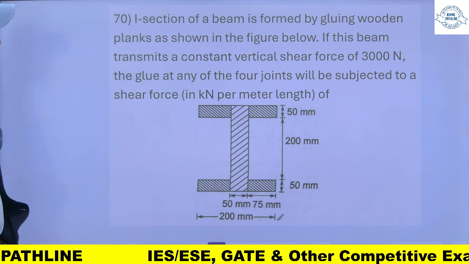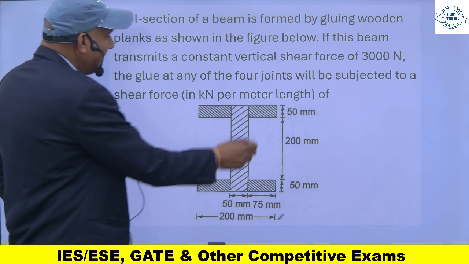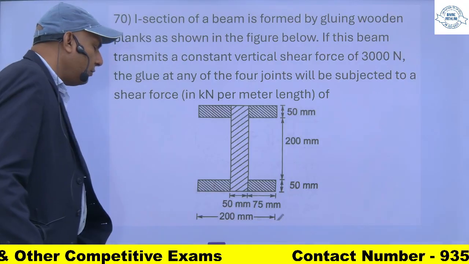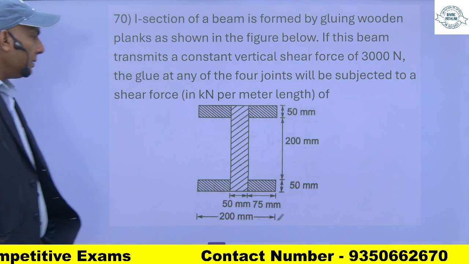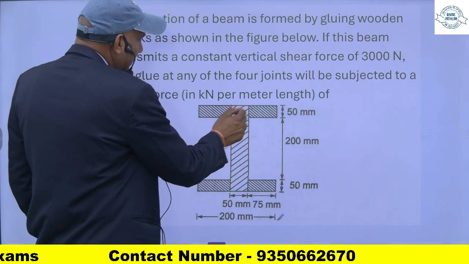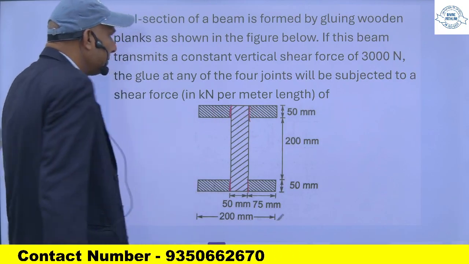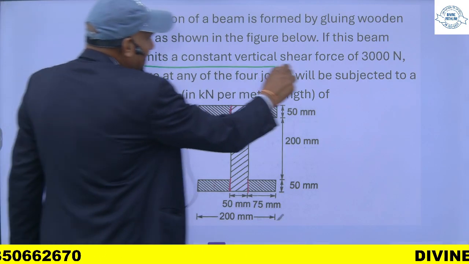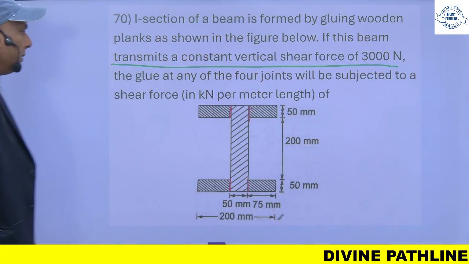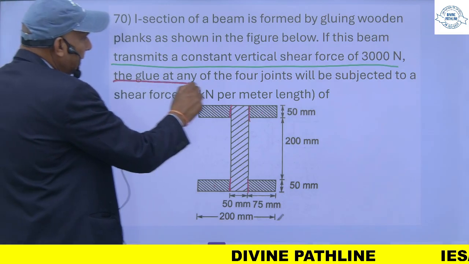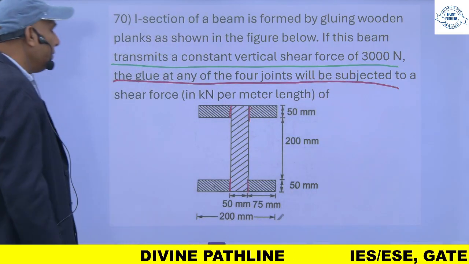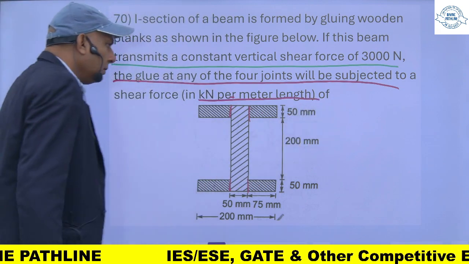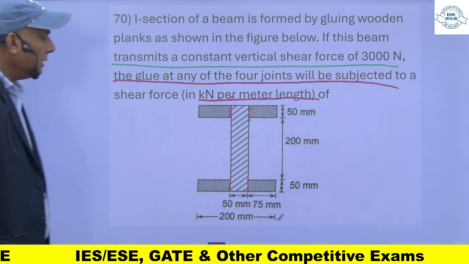An I section of a beam is formed by gluing wooden planks as shown in the figure. These are the wooden planks, and I have formed an I section by gluing them like this. Now this becomes the I section. If this beam transmits a constant vertical shear force of 3000 Newton, the glue at any of the 4 joints will be subjected to shear force in kilonewton per meter length of this. So any of the glues, if I consider this,